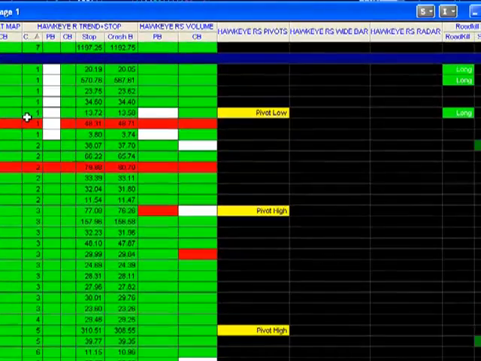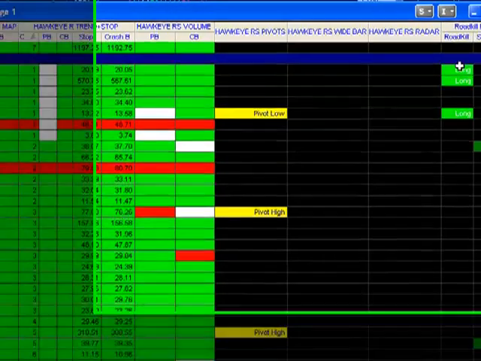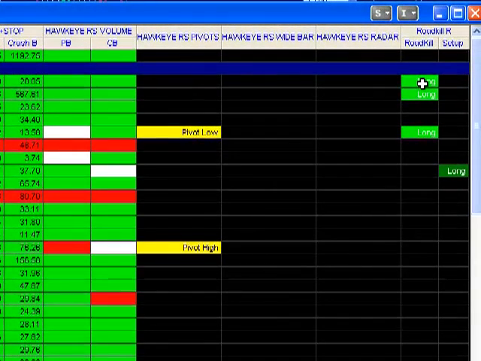One other note is that the roadkill has also given a long on 3 of the 5 stocks that I've identified, which gives us an exceptional entry opportunity in that these have already gone through consolidation or pullback and have re-entered an existing trend. To learn other techniques to maximize the power of the Hawkeye tools for TradeStation radar screen,